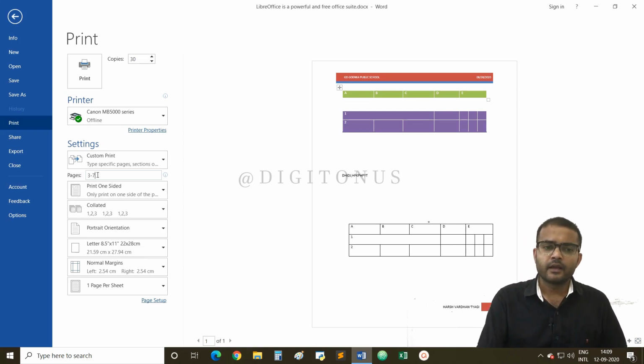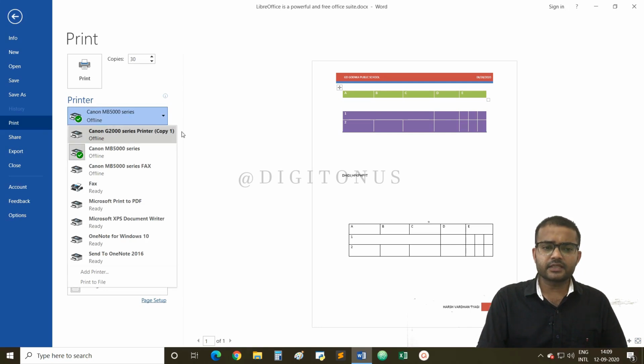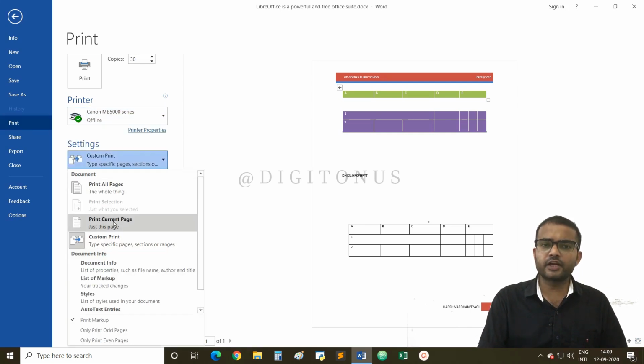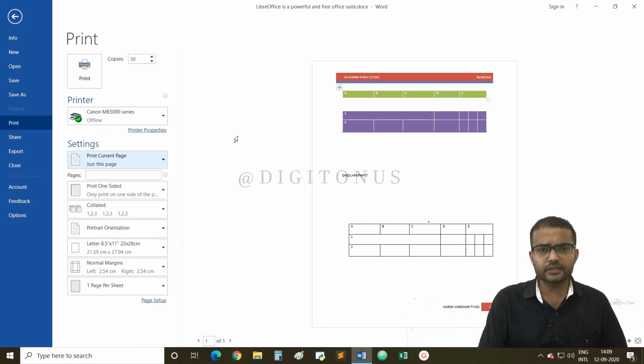That is a range. Another option is Print Current Page. Current page means the page which is visible right now, only that page will get printed. Fine. Now there is another option, that is Print One-Sided or Print on Both Sides. Print One-Sided means one page on one sheet.